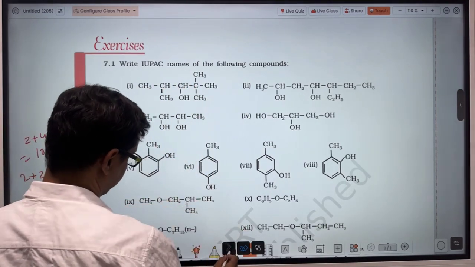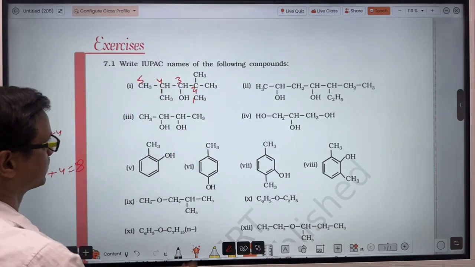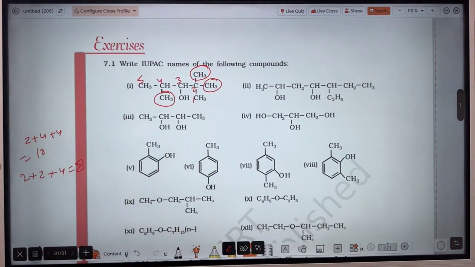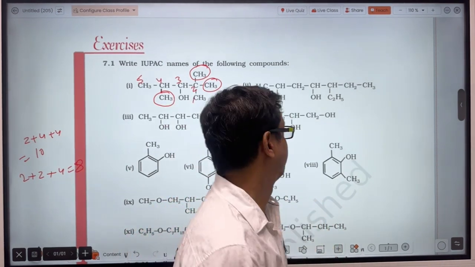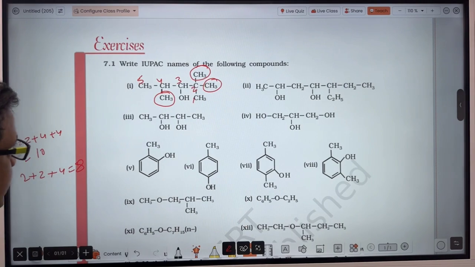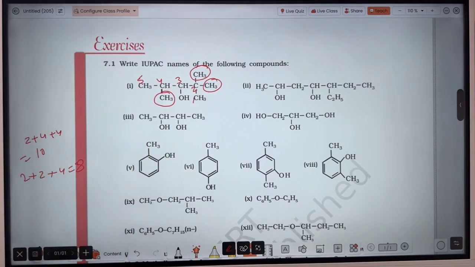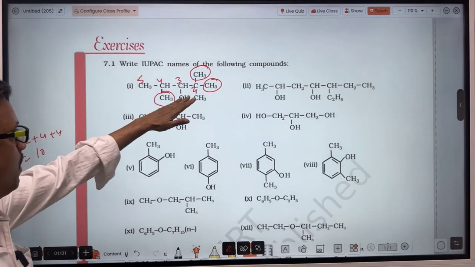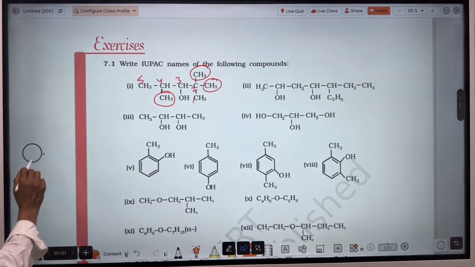So numbering here is 1, 2, 3, 4, 5. Then this is a substituent, this is a substituent, and this is a substituent. And the name of this substituent is methyl. So methyl is at second position, there are 2 methyl, and at fourth position there is 1 methyl. So the IUPAC name will be 2,2,4 trimethyl, and OH is at third position, so pentan-3-ol. So the IUPAC name of this compound is